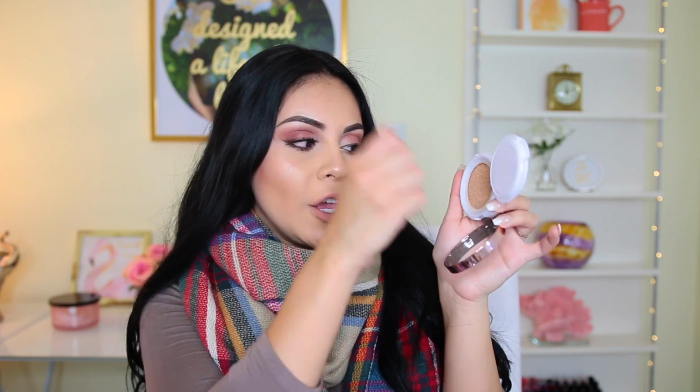It's so light coverage. When I first used it, I thought that it looked really good, but I really feel like I have to build it up to get it to be a decently medium coverage. But basically, it just looks like this. I'm sure you guys have seen it. You just take your beauty blender or brush and dab it in there,